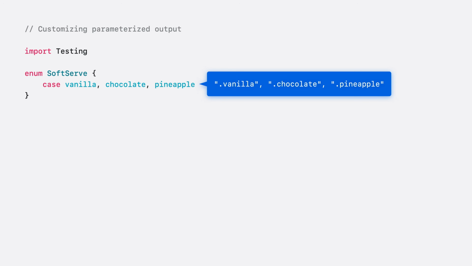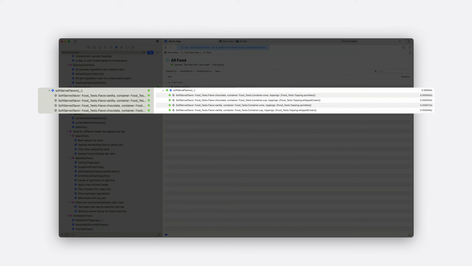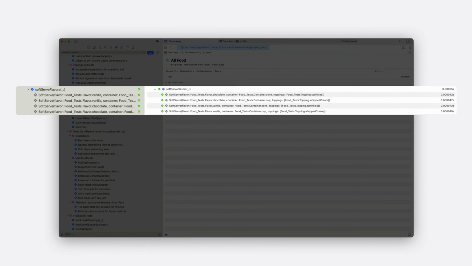When working with simple enumerations, the default description is usually succinct and straightforward. However, more complex types like structures and classes can produce a lot more noise because their descriptions, by default, include a lot of extra data that may not be useful during testing. These values show up in Xcode with a lot of information. The information is accurate, but it can be hard to find the important bits that distinguish one value from another.